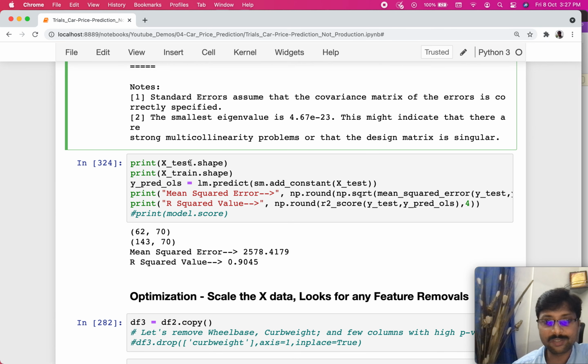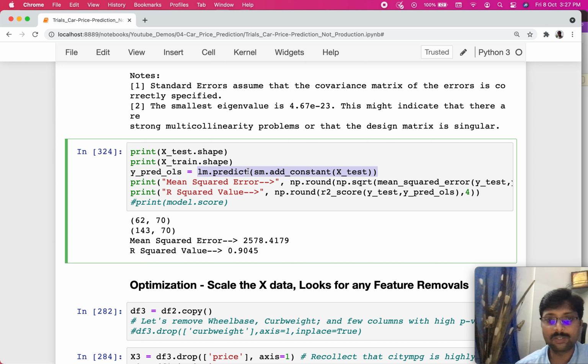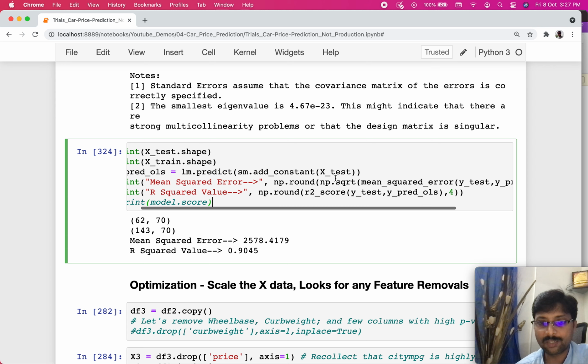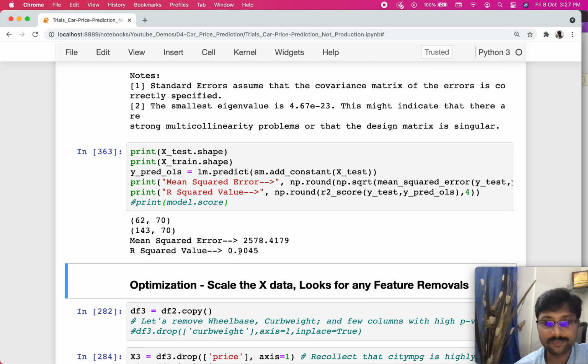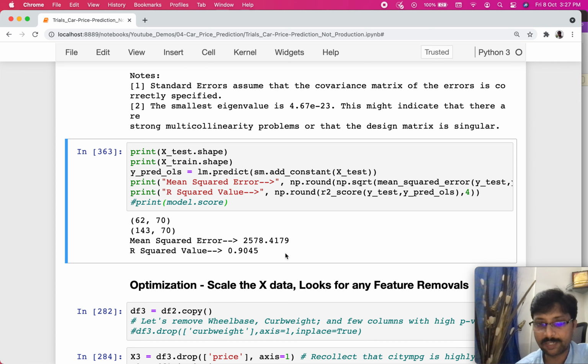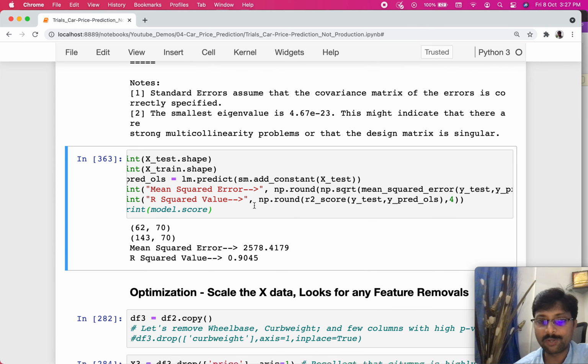All right, so now let's predict using our X test, right? So this is how we have to pass the X test, by adding a constant. Remember, for the X train we added the constant, so for X test also we have to add the constant, and then we pass this to this, right? And if we now run, we are also printing the mean squared error and R squared value for this. So even here we have got close to 91% R squared value, which is healthy again, right? Both these models have been doing well with respect to accurately predicting for the test values that we have taken.